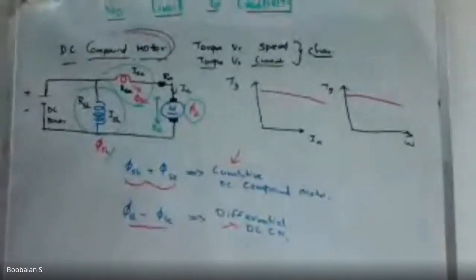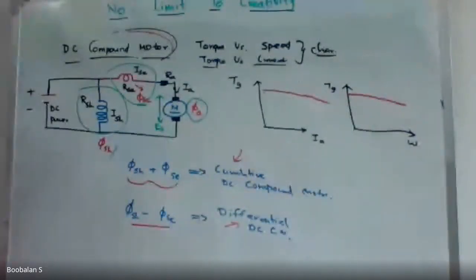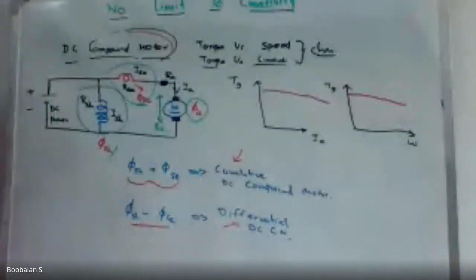So we're just going to stop here, and from Monday onwards we're just going to go with transformers, right? AC is quite interesting. Up to now, we have discussed the DC generator and types of DC generator, different types of DC motors, the working principle and the speed-torque characteristics, right? Up to this, I think it is clear. Any doubt up to this? I'm just going to wind up here. Any doubt in this? Up to this, any doubt?